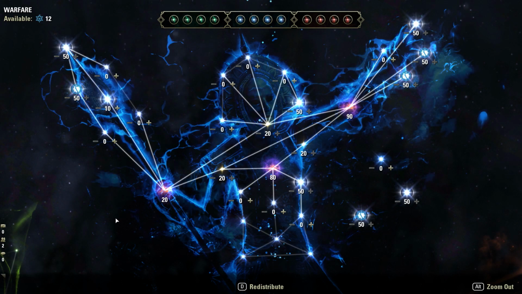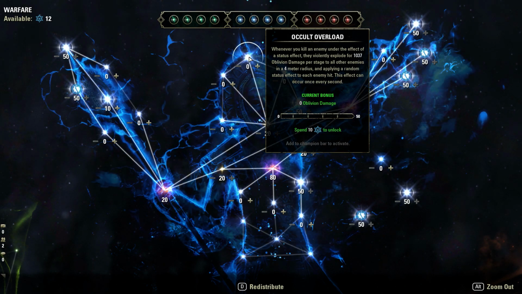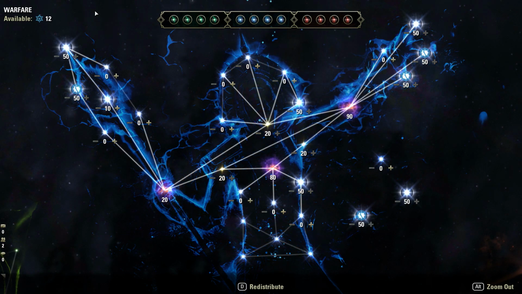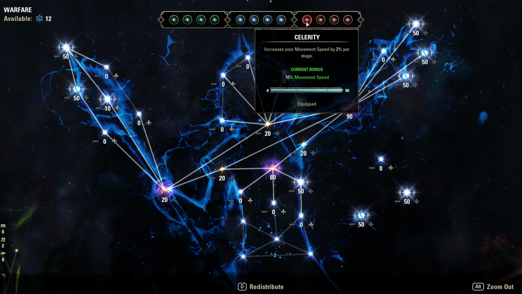Again, we could use Foresight. That's an option. Could use Occult Overload. I don't know what kind of status effects we're putting out in this build. A lot of it's physical damage. We're still probably putting out some status effects, but yeah. For red,